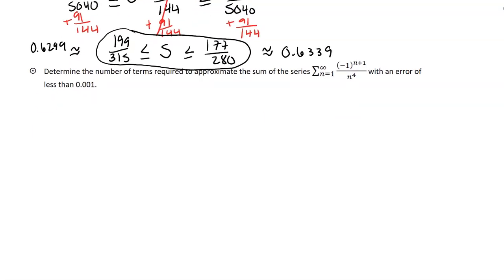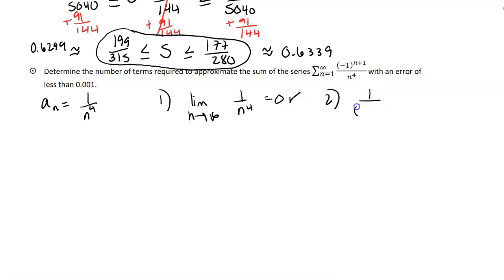If I let a sub n be, sorry, a sub n is just going to be the 1 over n to the fourth. And we have that alternating portion with the (-1) to the n plus 1. I'm going to just make sure it does actually converge. So the limit as n approaches infinity of 1 over n to the fourth power, constant over infinity, that gives me 0. And I can look at this and I can tell that this is going to be a larger denominator than this, so this is true as well. So by the alternating series test,